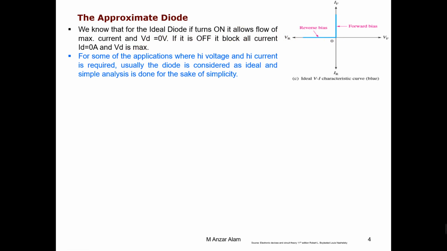So the question is, if this is the ideal model, where do we use this ideal model? We normally use the ideal model of the diode whenever there is a high voltage in the circuit or there is a high current. So, for example, if we are using a power diode and it is handling 100 volt or 1000 volt,